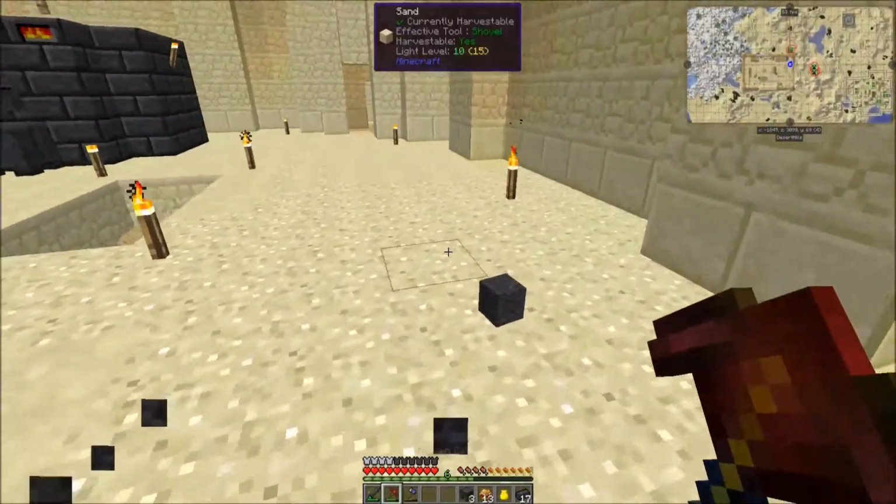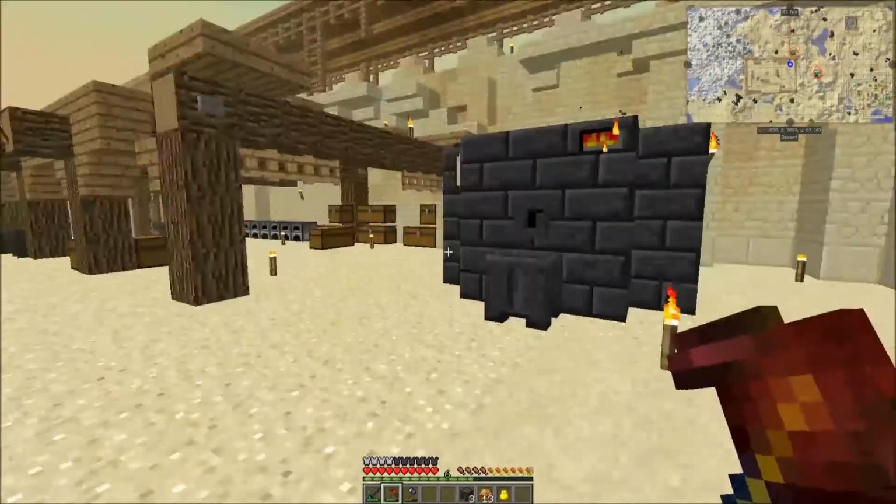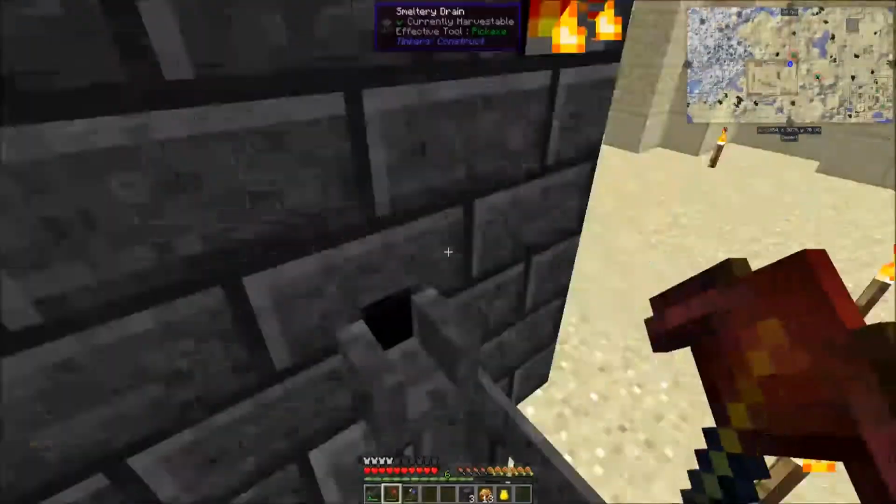But yeah, so now that's that. It cannot be broken down. You can't get bricks out of it. So that's why you want this template to build your bricks to get all your other stuff. So I hope that clears up a little bit of stuff on the smelter. And next episode we're going to be working on getting actual